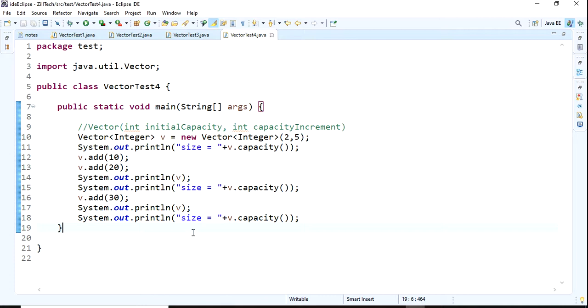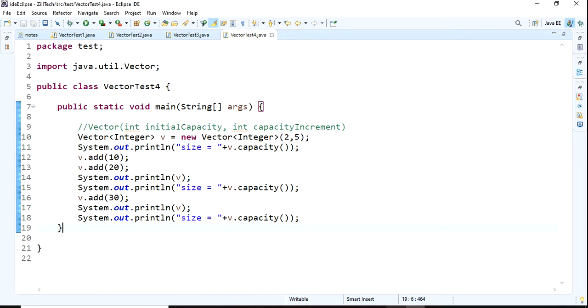It is memory utilization. Before, it was doubling the size. If the default is 10 and you add one more element, we need the memory space level only, but it is going with 20. So memory utilization you can reduce, and it is growable in nature. This is about our third constructor.